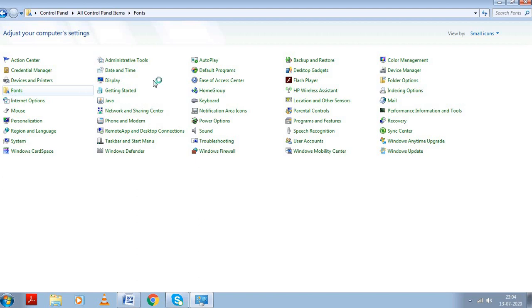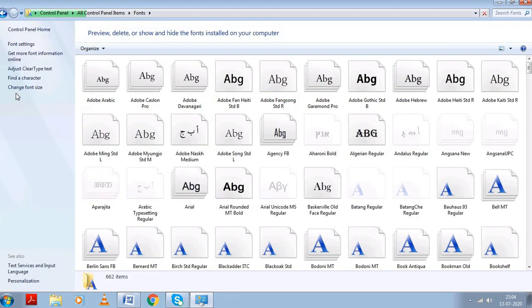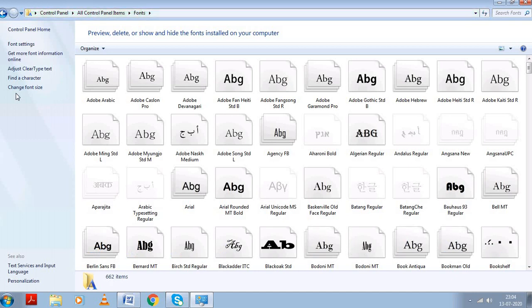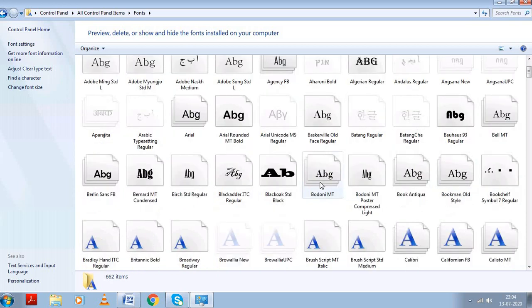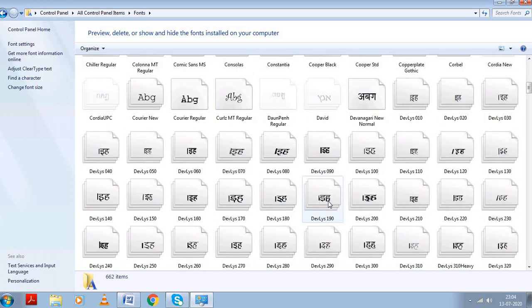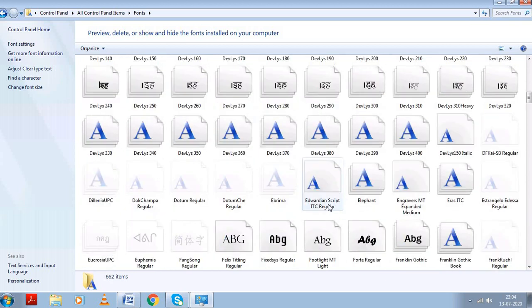Using the font settings you can change the characters used in typing the text that use the same design, and you can also change the display of text on the screen and the printed text. So many types of fonts you can see here, and you can change from here.